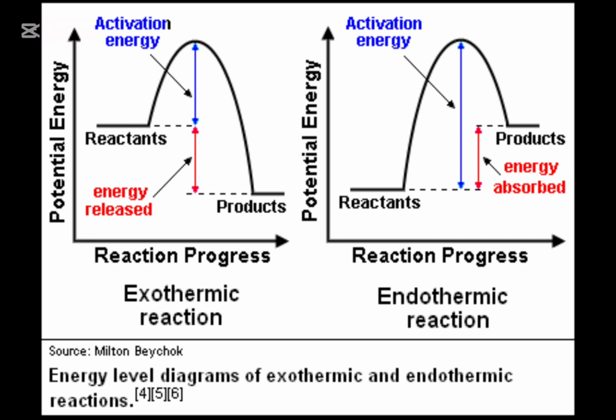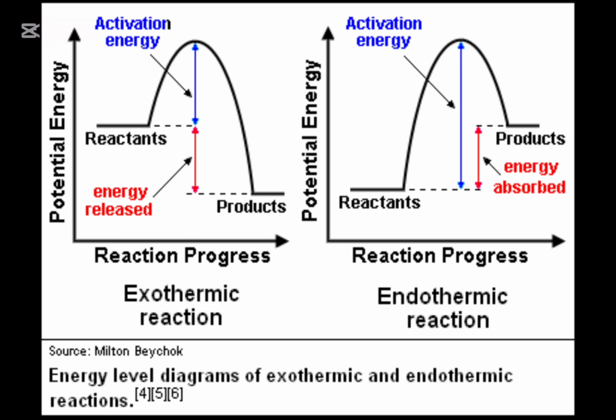Now, energy absorbed is represented by the red arrow, and in an endothermic reaction, the red arrow shows the energy absorbed from the surroundings, and this energy difference is the enthalpy change, from the endothermic perspective. Now, if it were exothermic, what would happen? It will be the other way around, the vice versa of what I just said. Now, we should look at the difference between